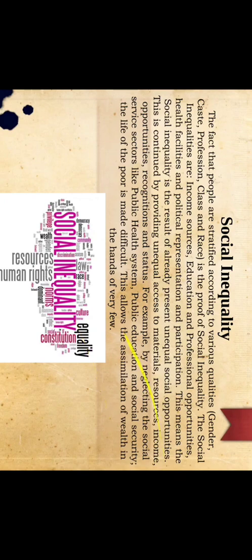Let's see the other inequalities that we find in the society. It's because of education. Education is a special structure that brings in equal opportunity. But sorry to say, in many communities we find that all the people do not get it. We are also talking about gender bias. Because of that, they won't get equal opportunities.